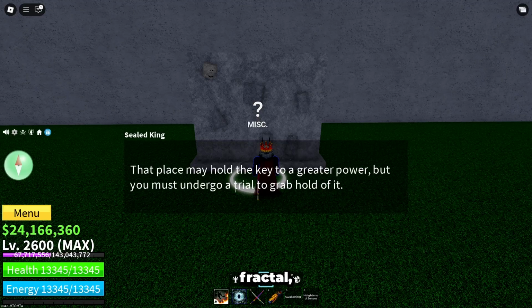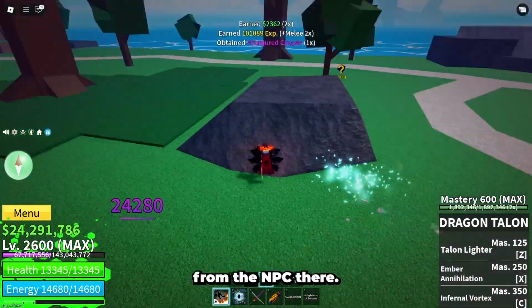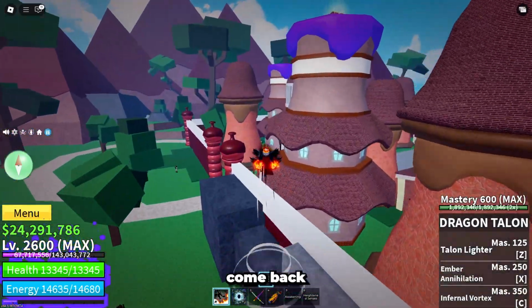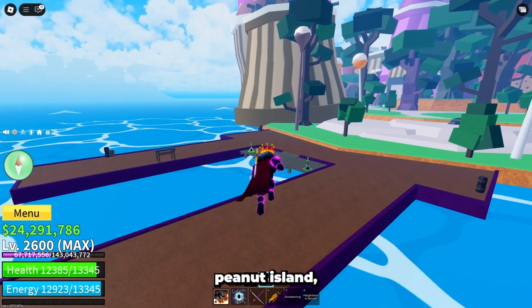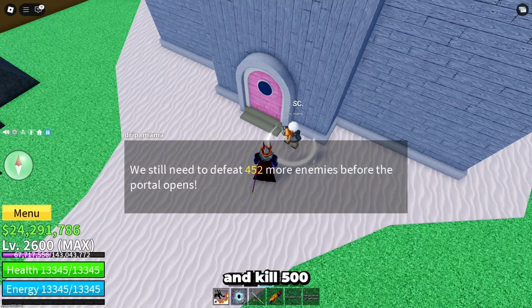To get the mirror fractal, go to the Chocolate Island and get 10 conjured cocoa from the NPC there. Next, find the God's Chalice again. With those things, come back to the Chocolate Island again and speak to the Sweet Crafter to craft the Sweet Chalice. Next, go to the Peanut Island or whatever it's called, speak to Drip Mama and kill 500 NPC on